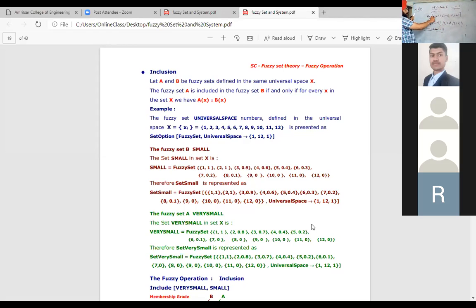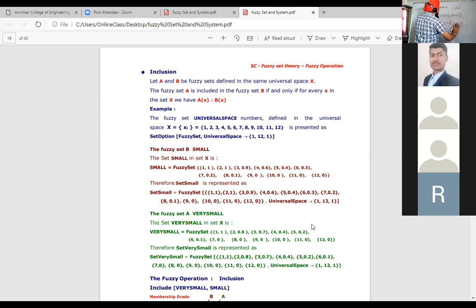Now first see, here 1, here also 1, 0.2, 0.3. So 0.2 is less than 0.3. Here for 2, it is 0.3 and 0.4. Yes, 0.3 is less than 0.4. Then third member is 3, 0.4 and 0.6. Yes, here the degree of membership is less for all the elements 1, 2 and 3. The degree of membership is less than the corresponding degree of membership in set B. Therefore, yes, A is included in B.